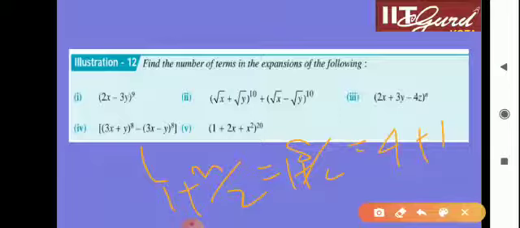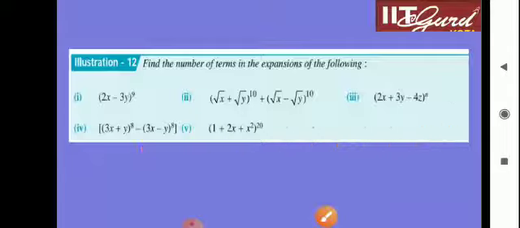Okay, so the number of terms here, if you see, there are the 4 terms, and by 2 terms. Here some mistake is there. 3x minus y to the power 8, no? So here there are 4 terms. Later on we'll see this. Now once again,